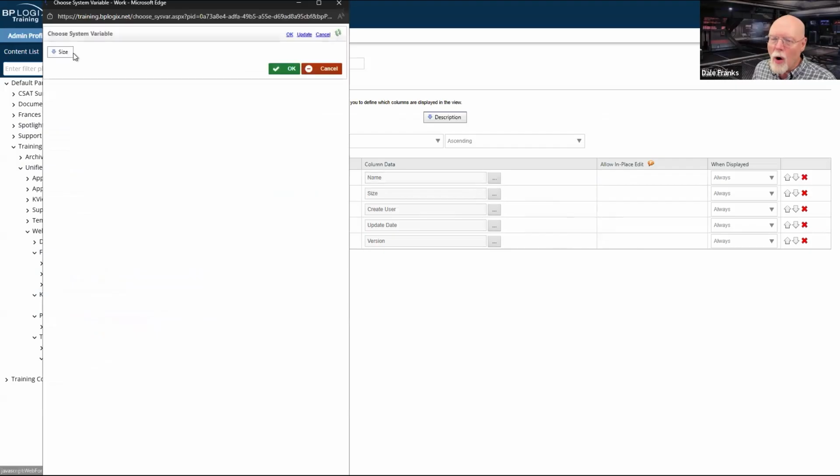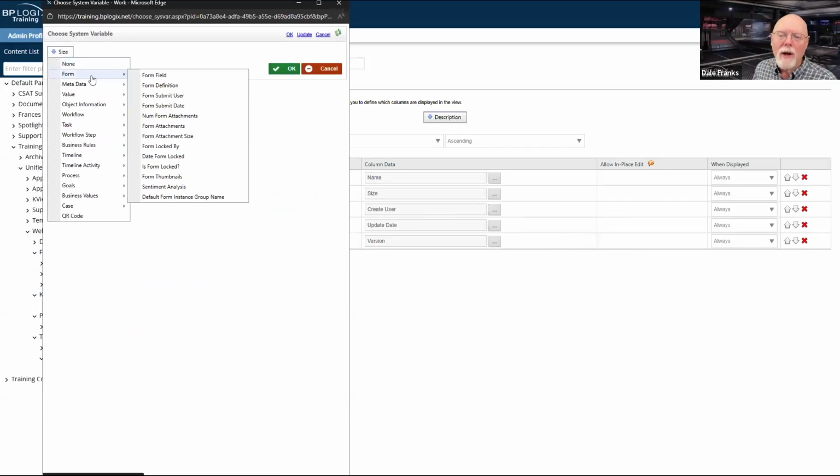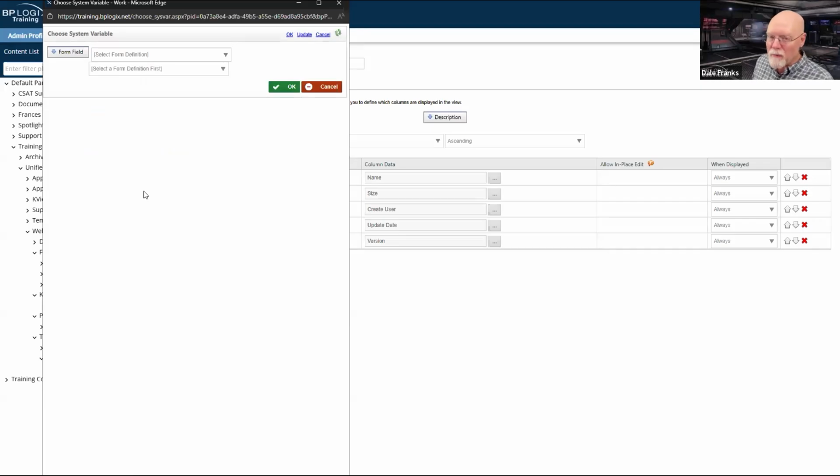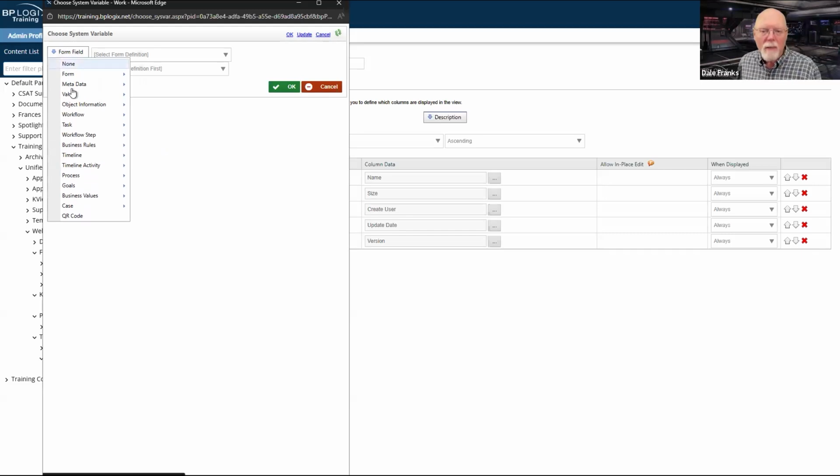And normally I would go to form and form field, and I'd pick the form field, but I can't do that here. So what we're going to have to do is what we've been doing everywhere else in this application. We are going to have to use form field system variables to make all of this work.